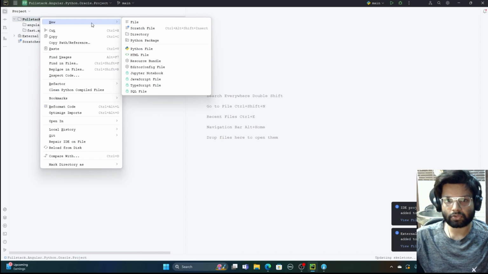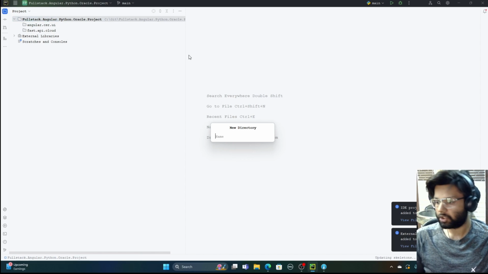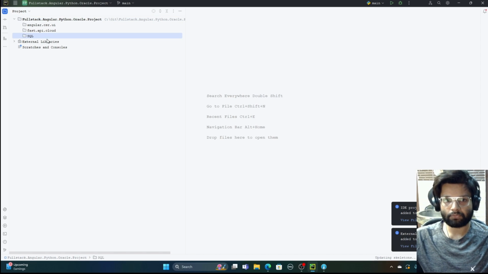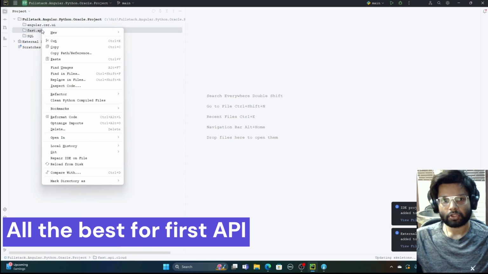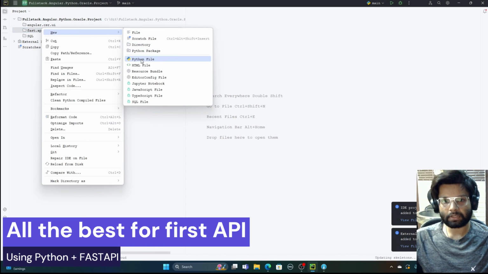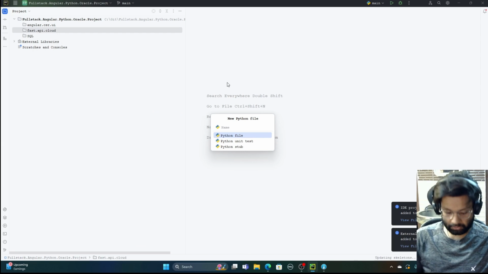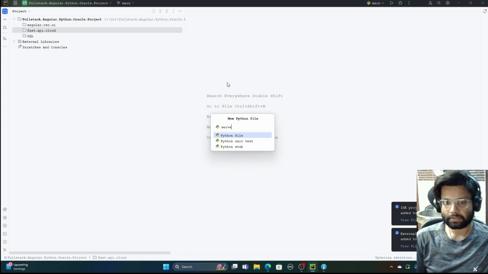And I also like to maintain a directory for all of my SQL queries. So I will give one folder over here with SQL, and this is pretty much it. If I need anything else, I will make new files. But first of all, I'm interested in this FastAPI.cloud. So if I click over here, I will now create a new Python file, which I will name server.py,